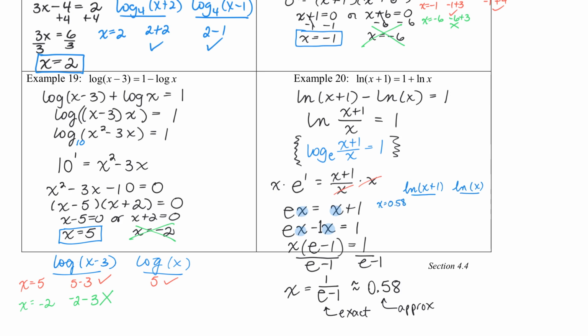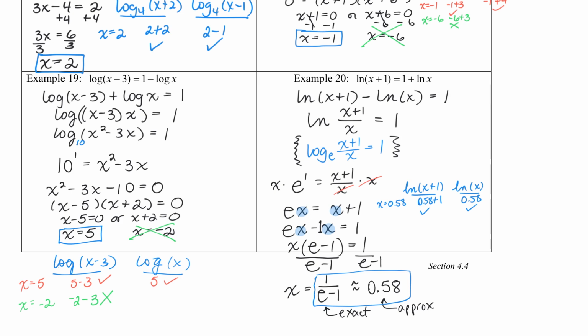So again, I'm checking to make sure that this expression stays positive, right? Because I can only take the logarithm of positive numbers. So 0.58 plus 1 is 1.58, which is positive. And then, well, x is 0.58, right, which is positive. And so that verifies for me that this is a valid solution to my logarithmic equation in both its exact